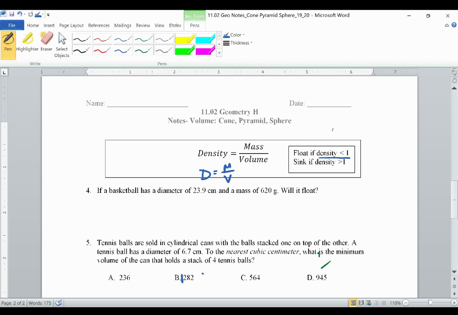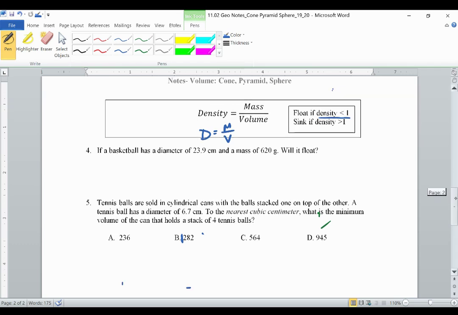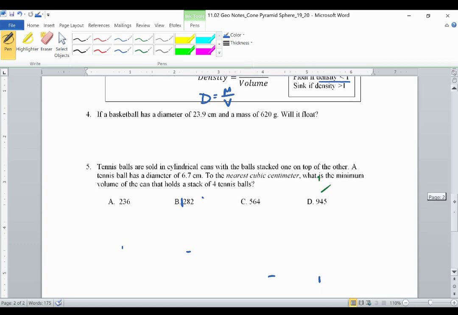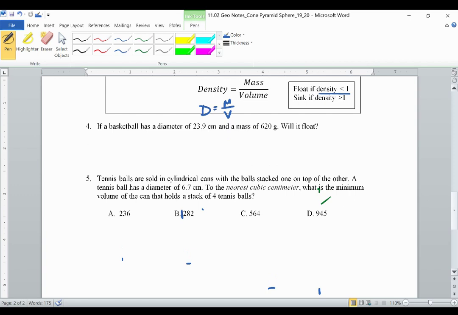So I always think like bigger things might, well, that's not true, but if you're bigger than 1, then you might sink. So you'd sink to the bottom if you're bigger than 1. And if you're less than 1, you float nice and light. You're going to float on top. Obviously, density is not talking about just the weight of an object, though. The density is your mass over your volume to figure out if it'll float. Because if we thought about if just heavy things always sunk, then big boats would not be able to float